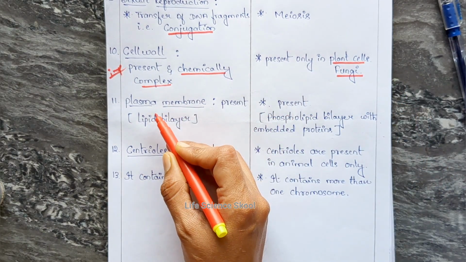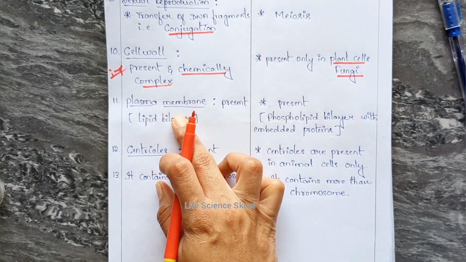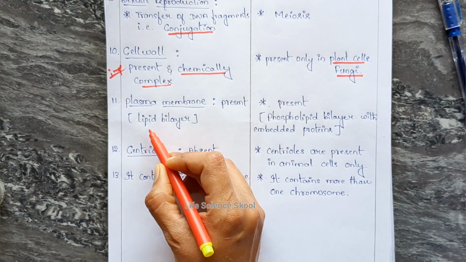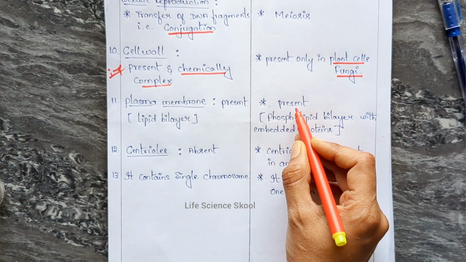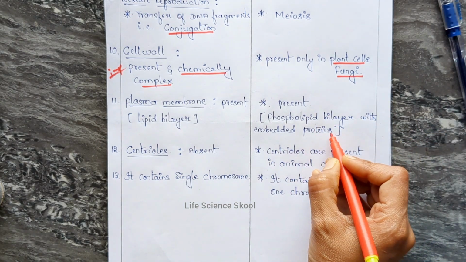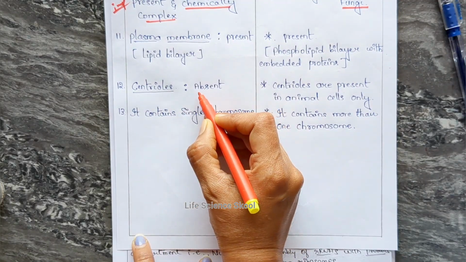Okay, next, moving on to the plasma membrane. It is present in both prokaryotes and eukaryotes, but there is a slight difference. Here in prokaryotes the plasma membrane is a lipid bilayer, but in eukaryotes it is a phospholipid bilayer with embedded proteins. Okay, next, moving on to the centrioles. Centrioles absent in